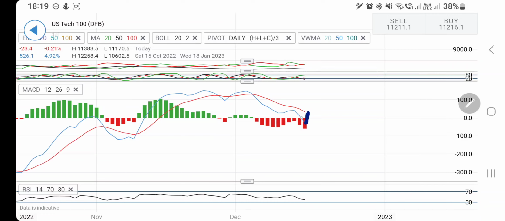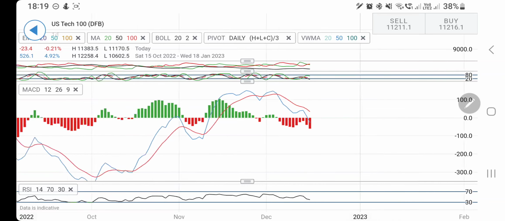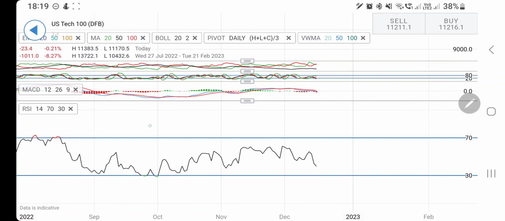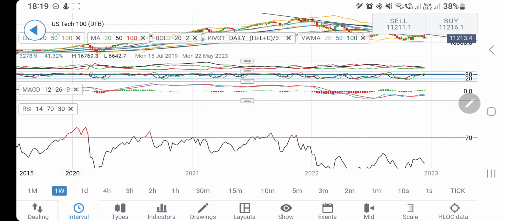The MACD is extremely divergent, extremely bearish. At this point, we had seen that it was trading at the high there, and the possibility for it to converge and cross over exists. See, now it has seen the lows, and the possibility from here to converge exists, and hence we have to remain cautious here. The RSI is also looking downwards, trading at the bottom.